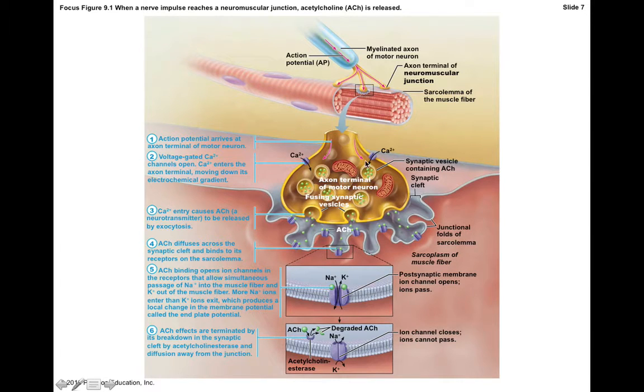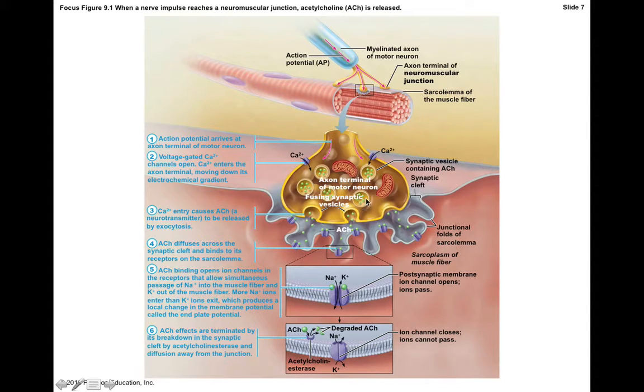When the electrical impulse travels down the axon and gets to the end of this axon terminal, the action potential, shown here in this pink or purple line, ultimately triggers the opening of these voltage-gated calcium channels. A voltage-gated channel is one which opens in response to a change in charge or voltage, and these channels open when the electrical impulse travels towards the end of the axon. Calcium rushes into the cell down its diffusion gradient, and then calcium triggers the exocytosis of